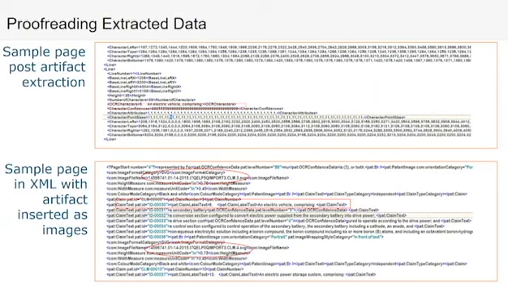What you see here on the top part of the slide is an XML representation of an OCR page, a capability that you can have in most OCR tools. Linking to the artifacts that were taken out before the OCR, now tagged here in the image file name element, is the additional capability.